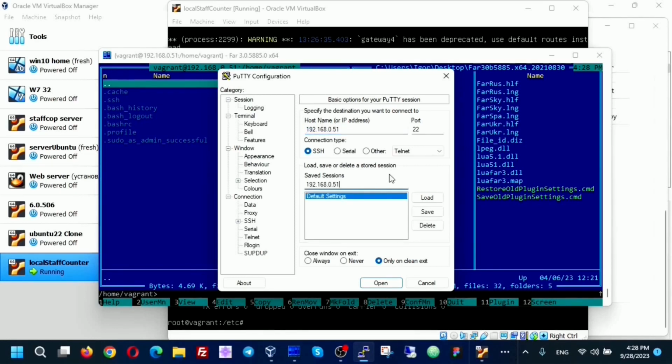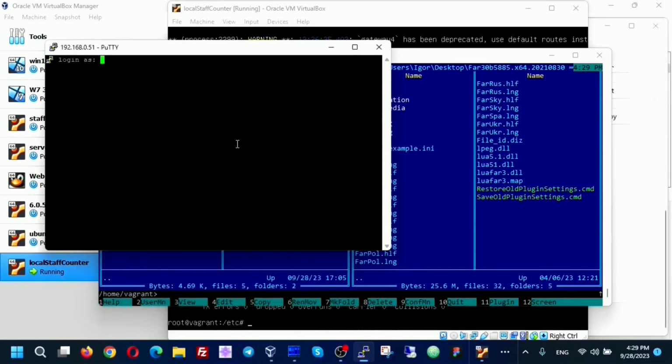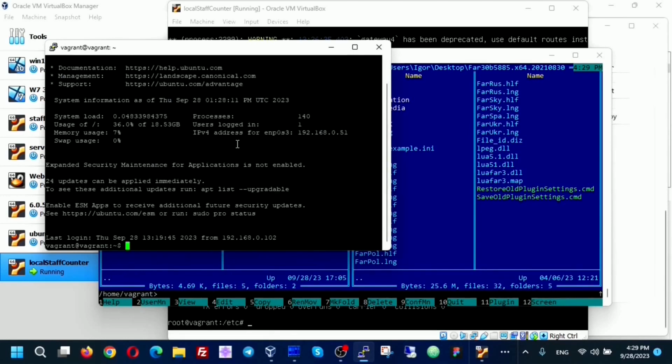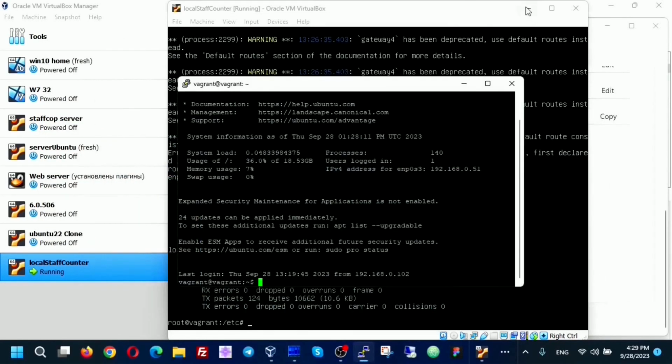Copy, paste, click Save, and connect. Accept. Again, we write Vagrant. The password is Vagrant. Now we are connected. We can minimize the virtual machine and the farm manager, because we will work in PuTTY for some time.